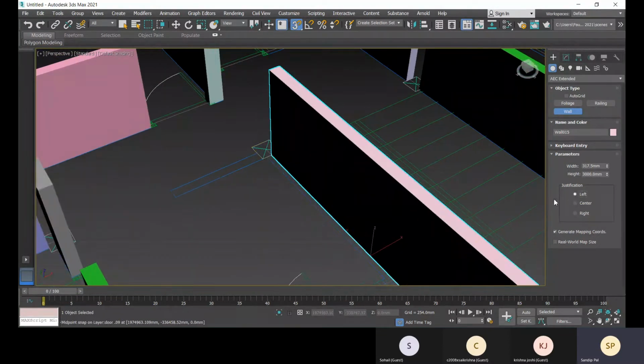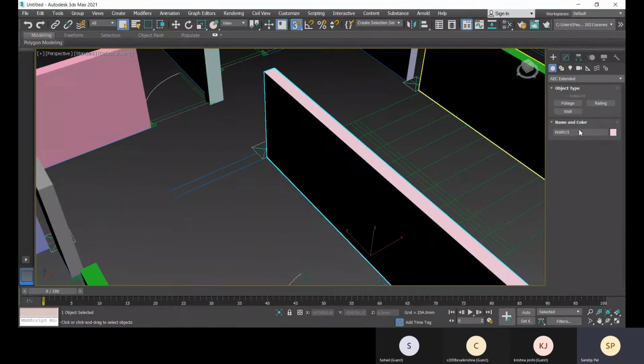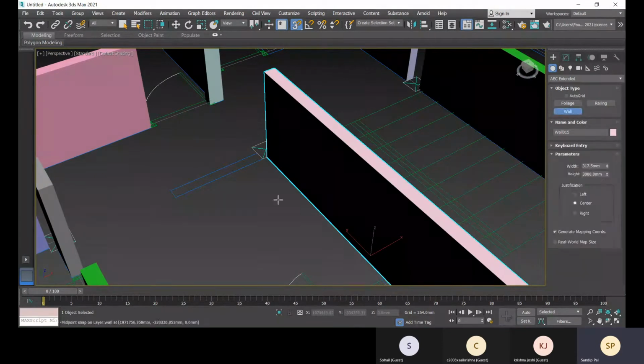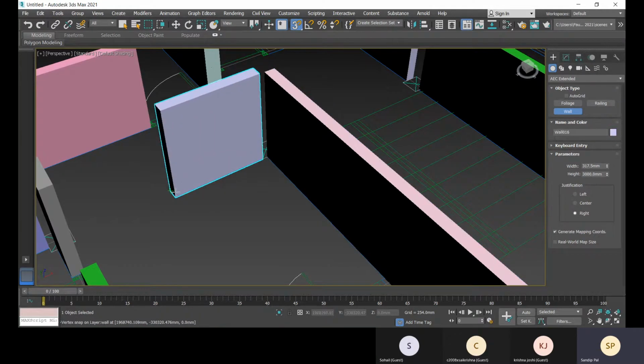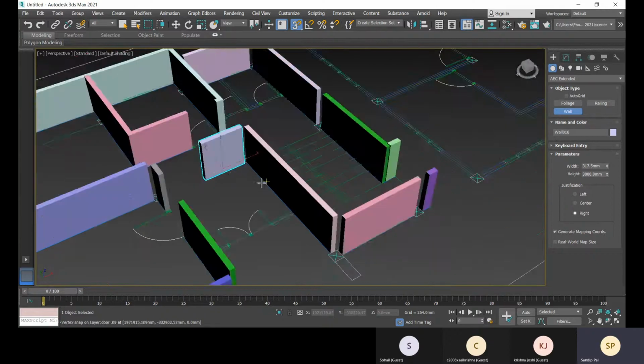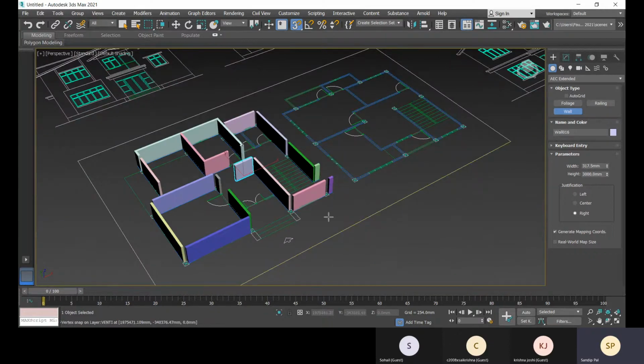Again the same thing. Make sure you come out from the creation mode. So there it will be right side. Okay, so this way you can place your walls.